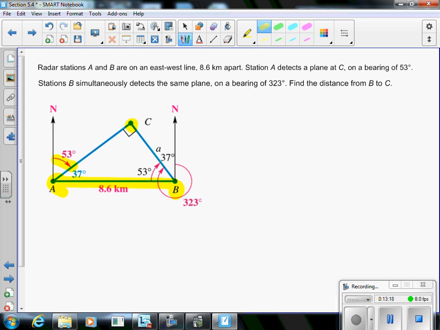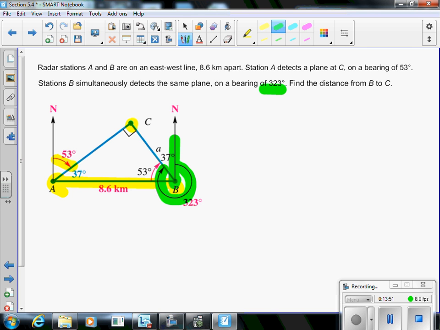Simultaneously, Station B detects the same plane on a bearing of 323 degrees. Well, I'm going to now be at B, and again, it's only given 323 degrees. There's not north, south, east, whatever. It just says 323 degrees. So again, I'm going to start at due north. I'm then going to rotate clockwise